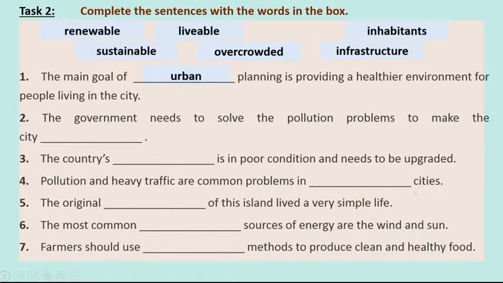2. The structure is make something plus an adjective. So, with an adjective, can we write livable, sustainable, or overcrowded? It must be livable. Because this sentence means